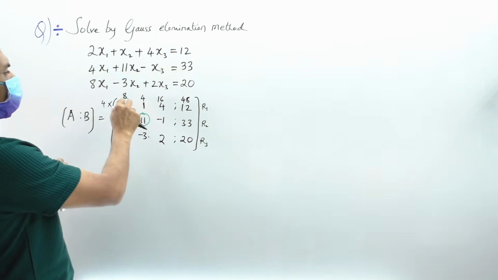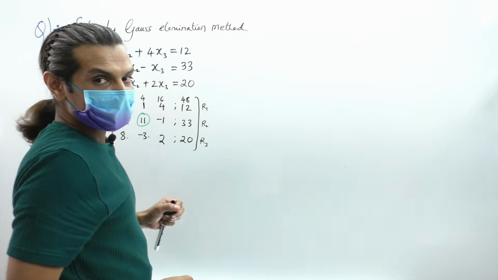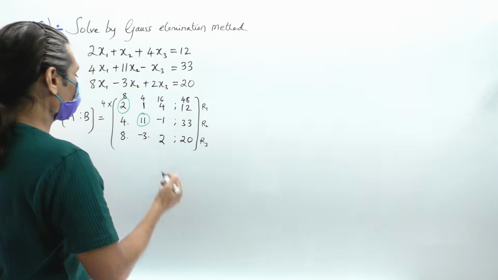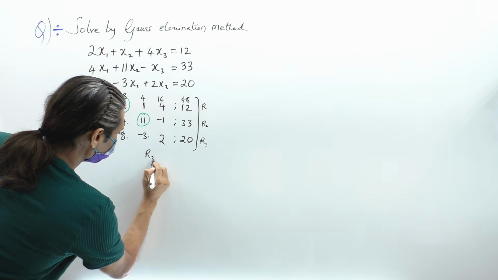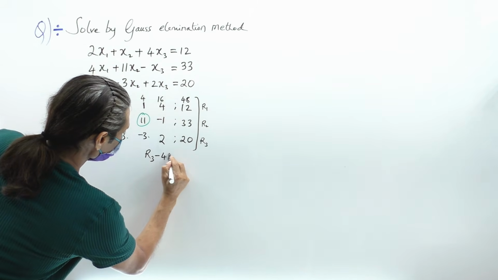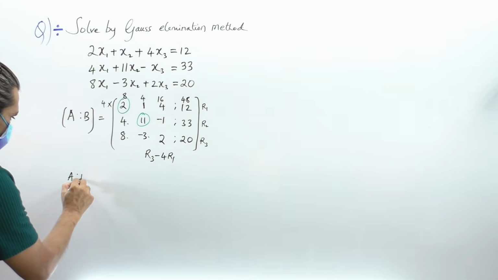So we will be using this above row, that is 8, 4, 16, 48 for our operations now. So what is the operation here now? To make this 8 zero, R3 minus 4 R1. So let's write this process. A augment B